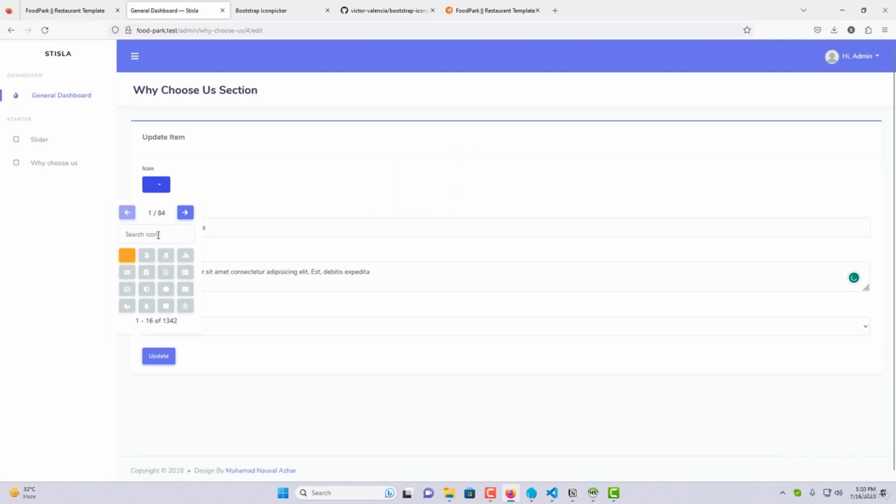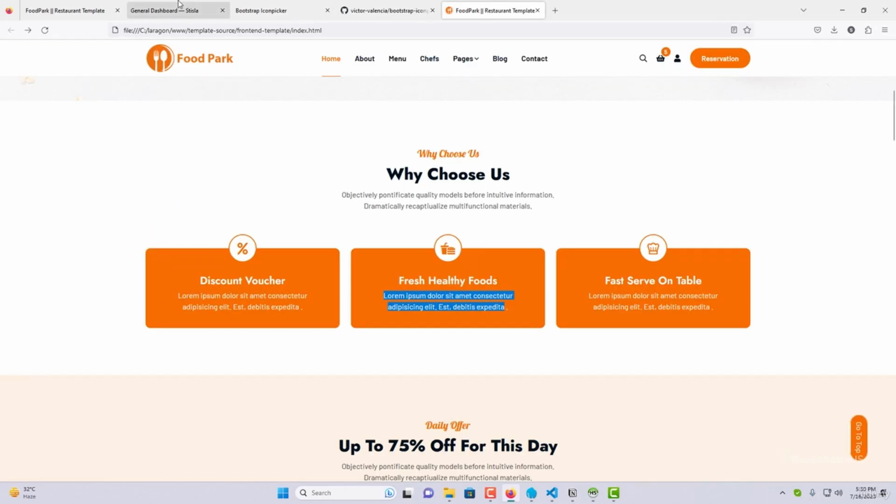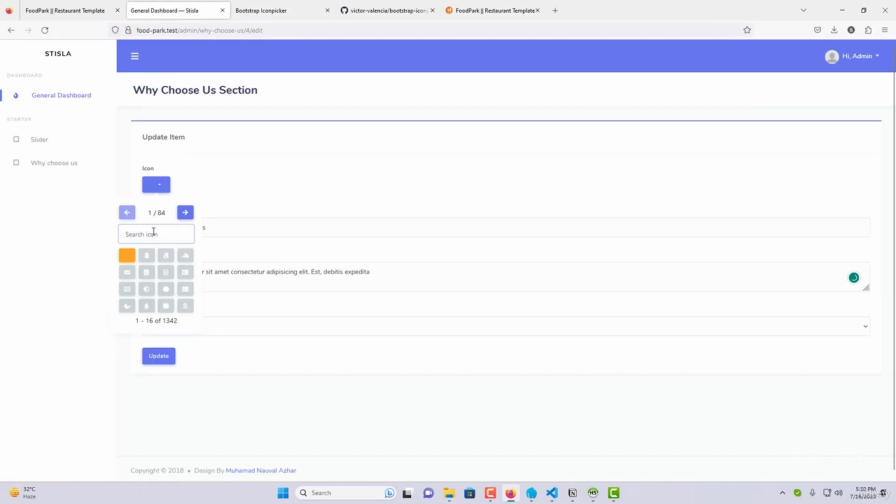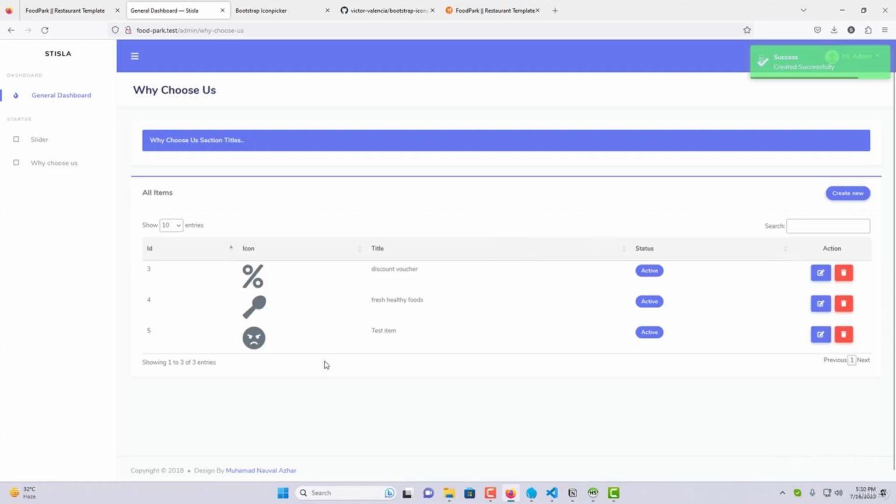Let's see what kind of icon they use. I guess if you search for burger or food or something like that. Let's say this one will do the work. Save it, and the last one, let's see,